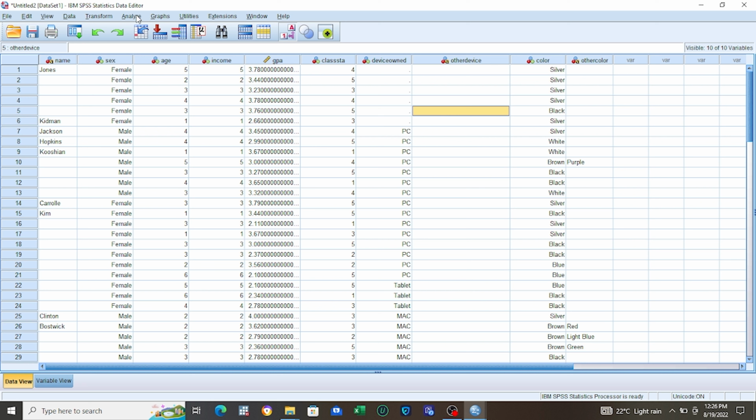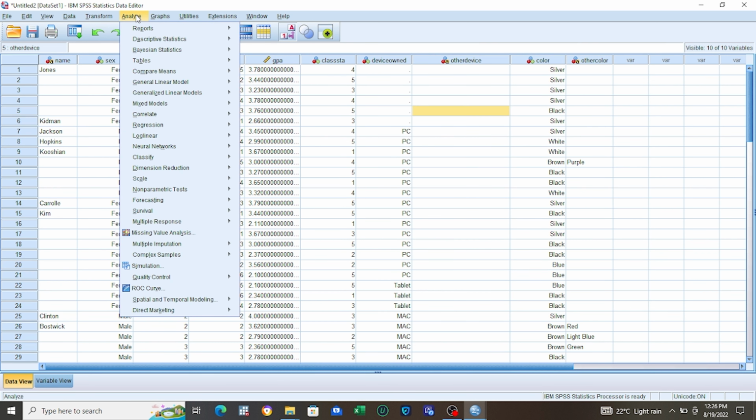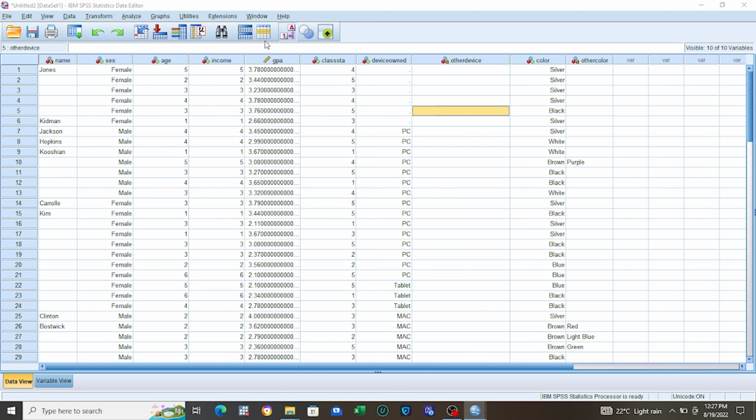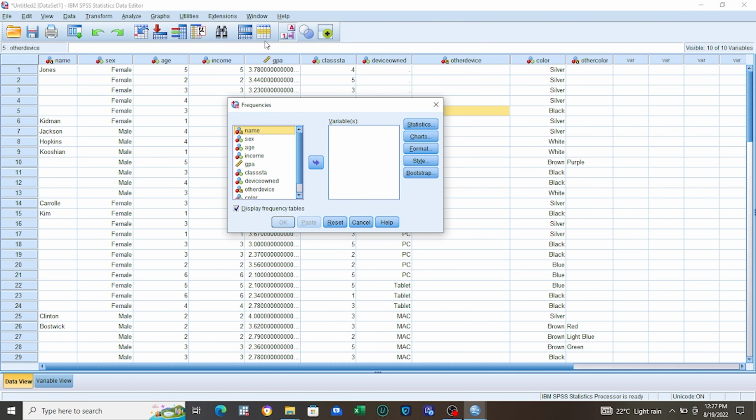To conduct descriptive analysis, talking about frequency analysis. At first, go to descriptive statistics. After you click analyze, go to descriptive statistics, go to frequencies. Click on frequencies and hold on for it to pop up. Then,